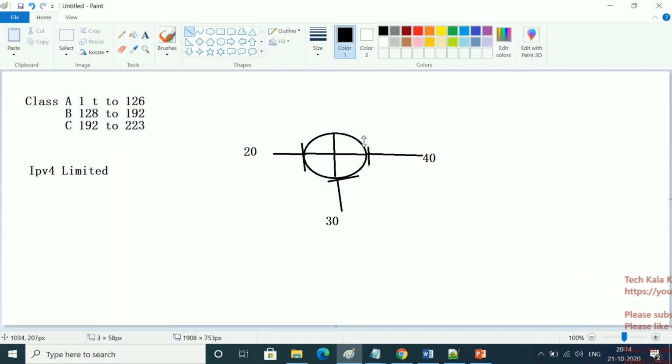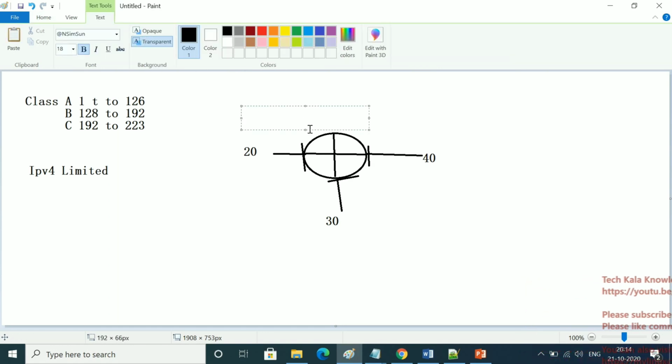Now we purchased one network, and suppose I type here 128.10.0.0.